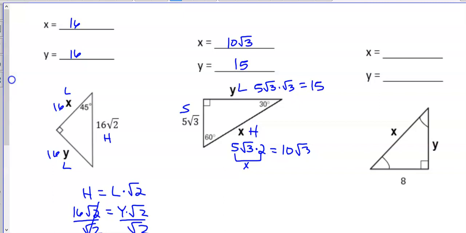And then the last one, this is probably the easiest one on there. Both of your legs are the same because it's a 45, 45, 90. These are labeled the same, both 45. So y is 8, and then x is going to be 8 times the square root of, oops, not 3. Square root of